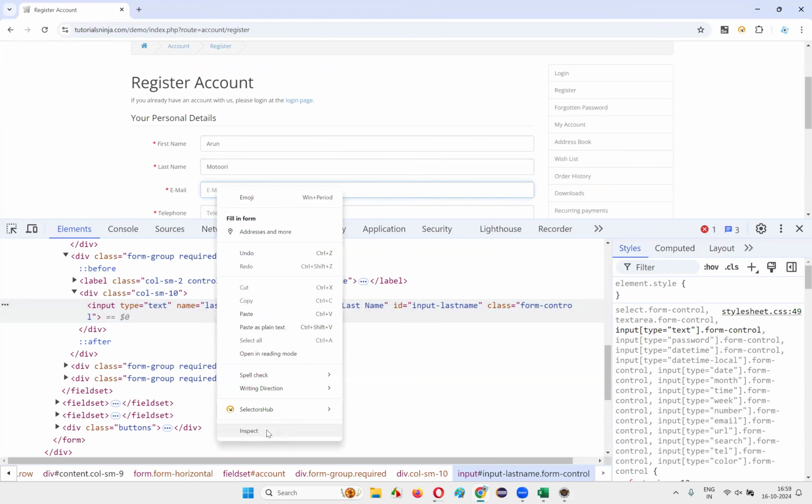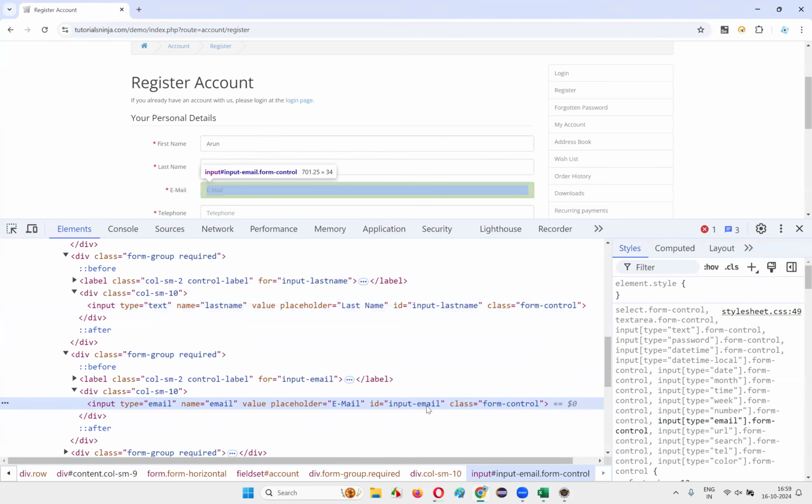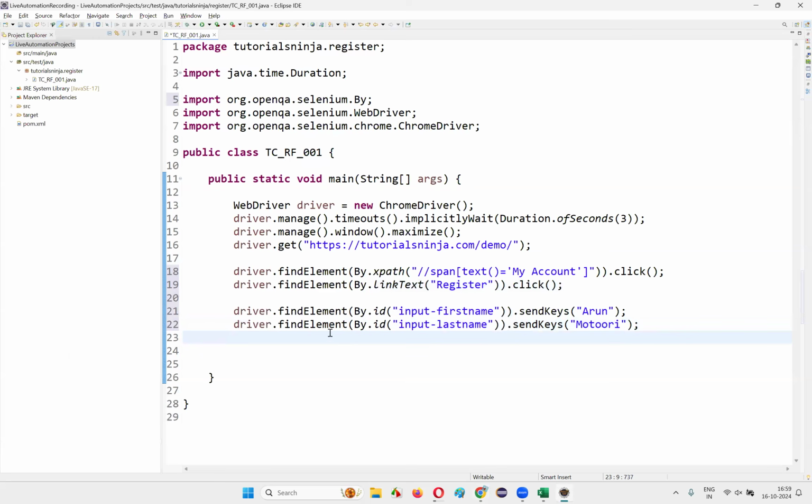then email address I need to give. I'll inspect this email address field. And here we have an ID. Copy this ID of the email field and come back here. driver.findElement(By.id). Provide the ID locator of the email address field and .sendKeys. Here I'll give the email address, guys. That is A Motori